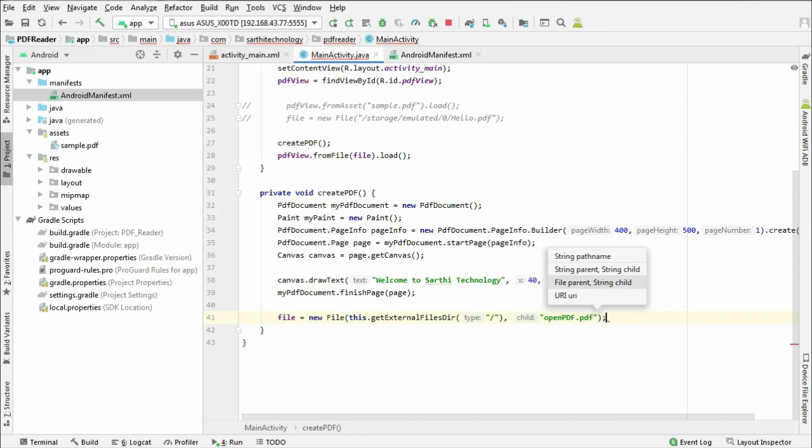Okay, so this is the file that we are going to use.